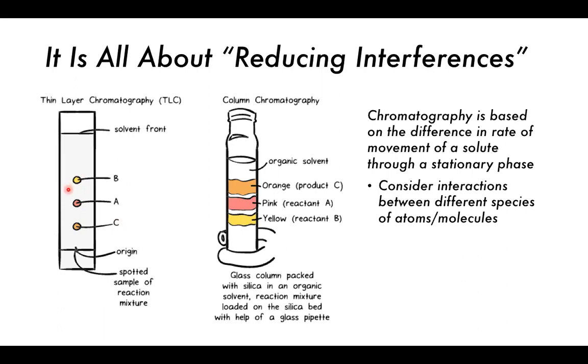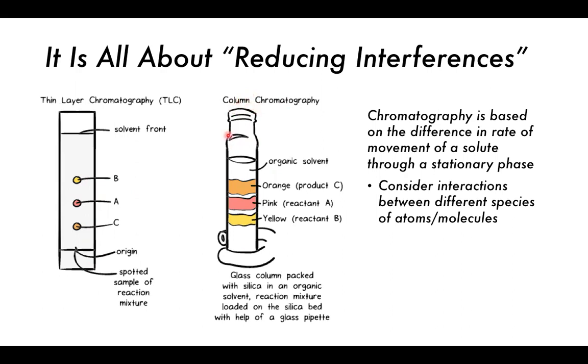And by and large, column chromatography is similar, only in column chromatography, we're able to sort of continuously remove sample. In the column chromatography, we're able to more easily separate our product from the reactants in mass. You can kind of do it with thin layer chromatography, but it's really for very small amounts. Now, whereas column chromatography can be used for quite a large quantity of material. So in column chromatography, we would